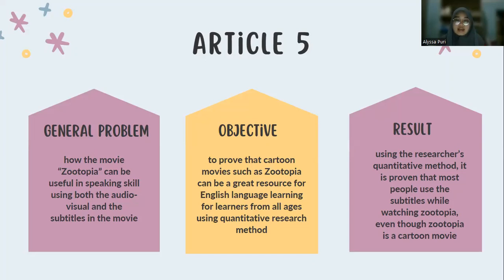Because Zootopia is a cartoon movie, and sometimes people think that cartoon movie doesn't need to have subtitles because they only speak child languages. However, the objective of Article 5 is to prove that family-friendly cartoons such as Zootopia